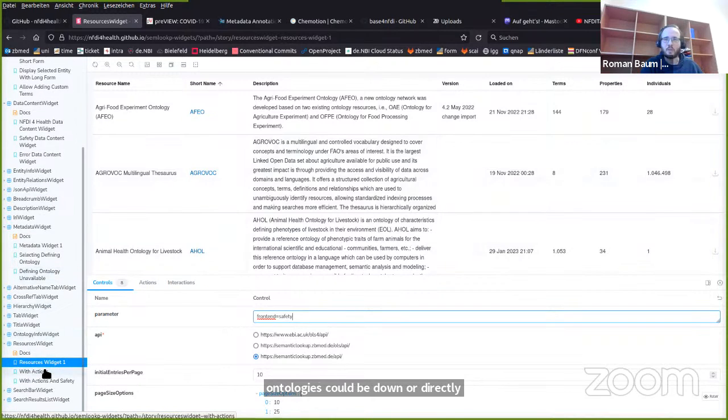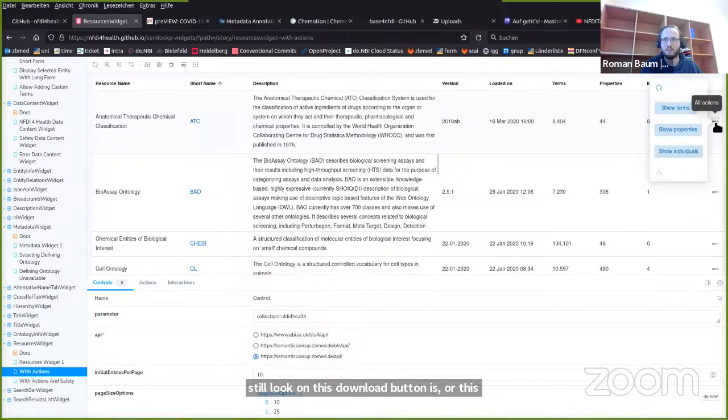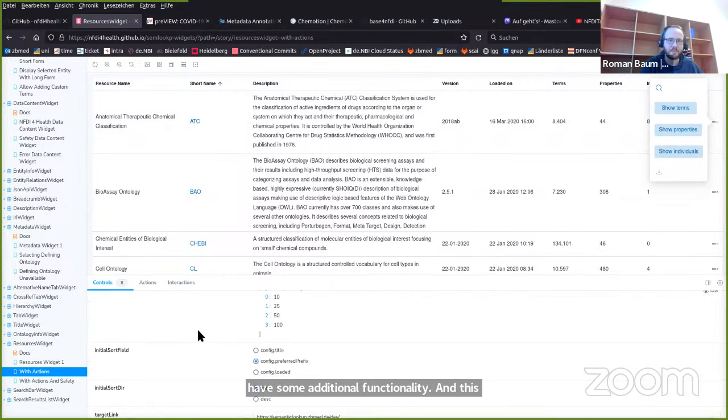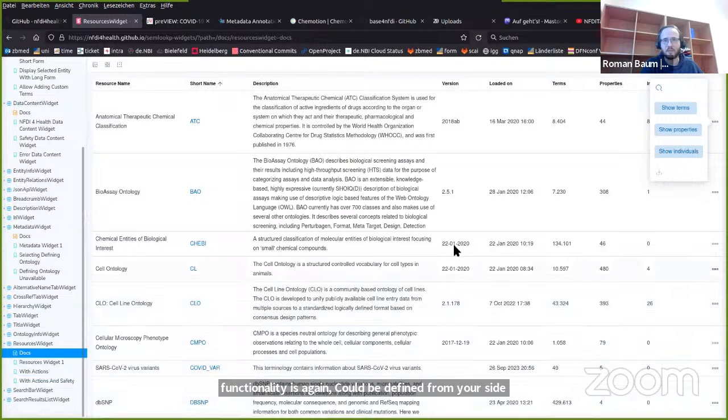But what I want to show you is, when you still look at this download button, that it changes to some points. And now I have the possibility to have some additional functionality. And this functionality, again, could be defined from your side. So when you have a look inside the documentation,